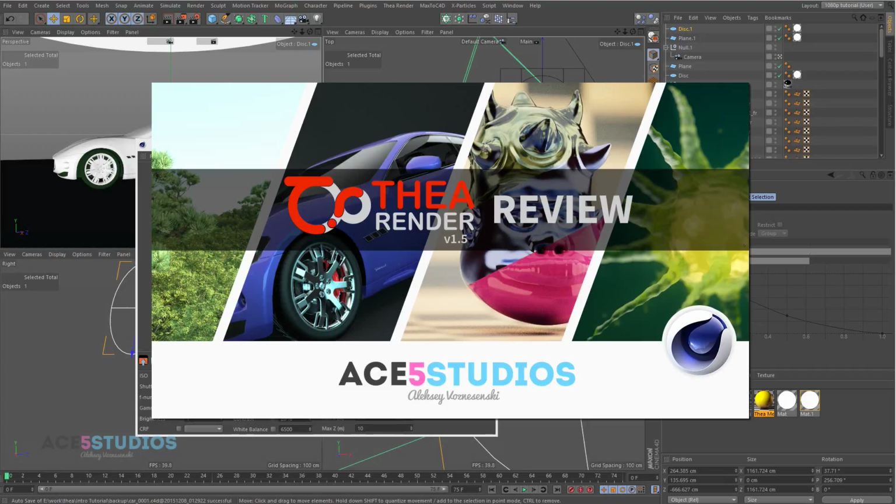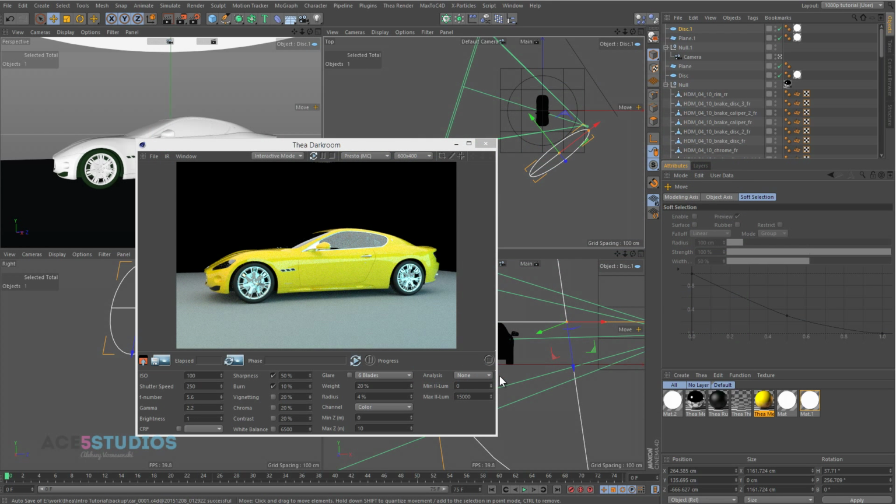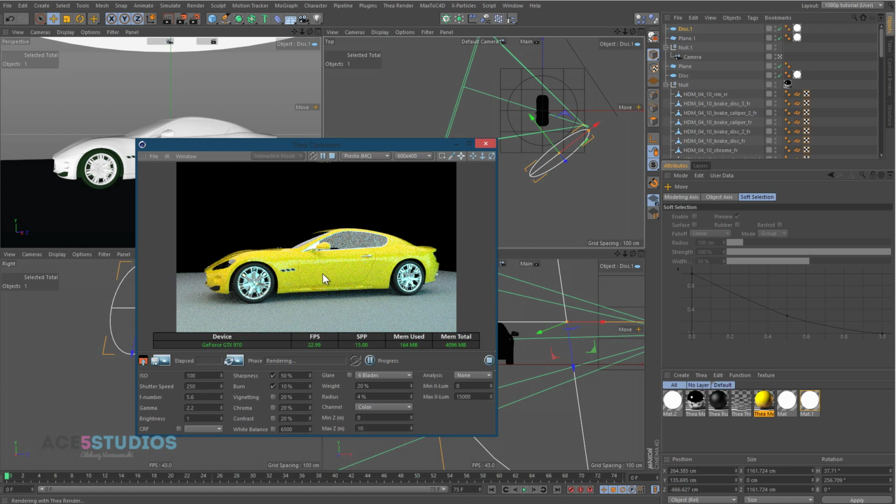I'm doing a review of Thea Render for Cinema 4D. In this part of the tutorial, or review, however you wish to call it, we're going to go over how to actually render an animation out of Thea, because it's not as straightforward as it could be. So let's say you got your render, you like the way the car looks,